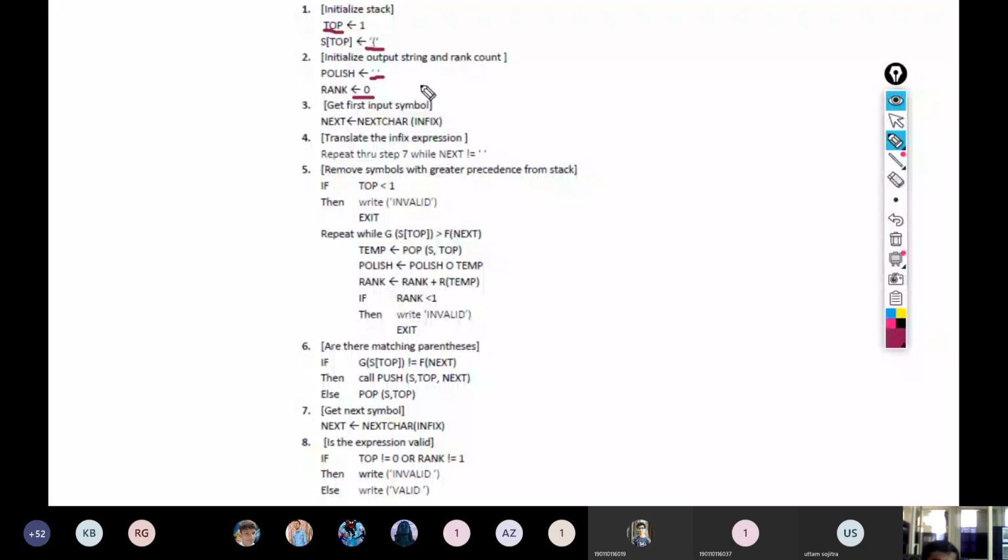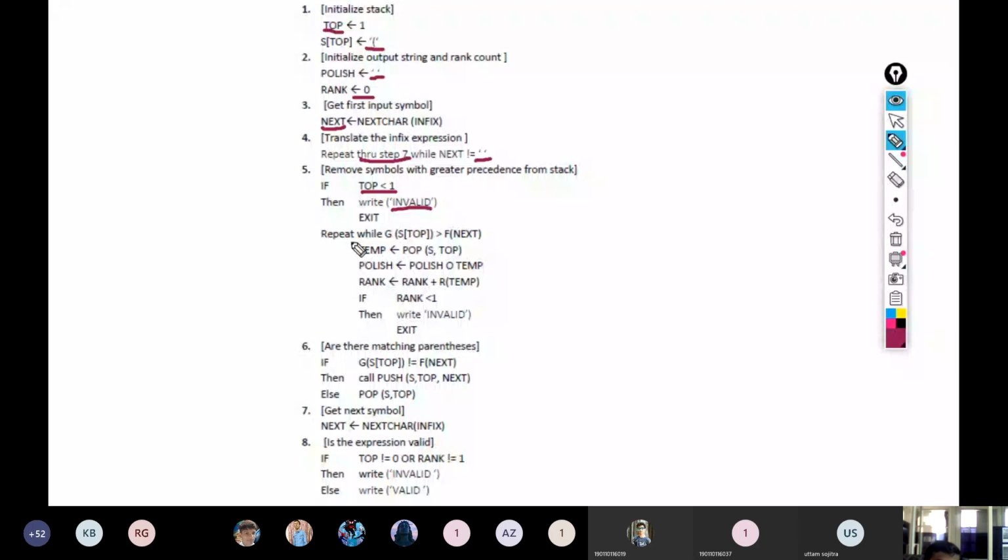Now in the next step, we fetch the next character from the expression, and then we will repeat through step 7 till next is not the empty character. Now if the top is less than 1, then write that it is an invalid expression.